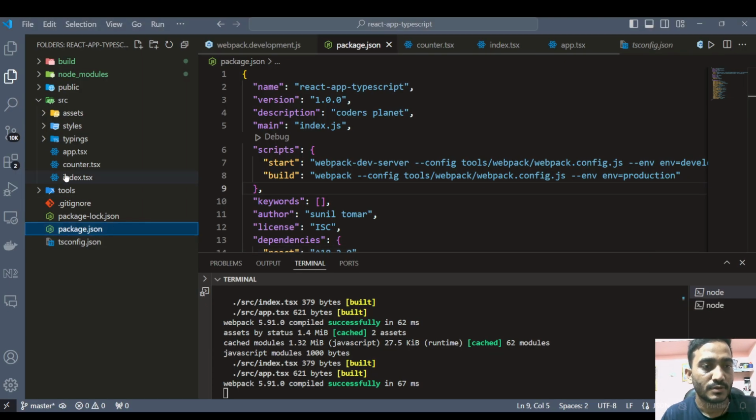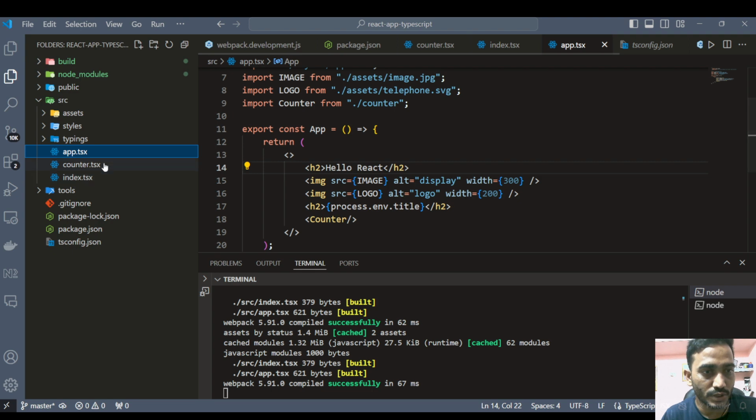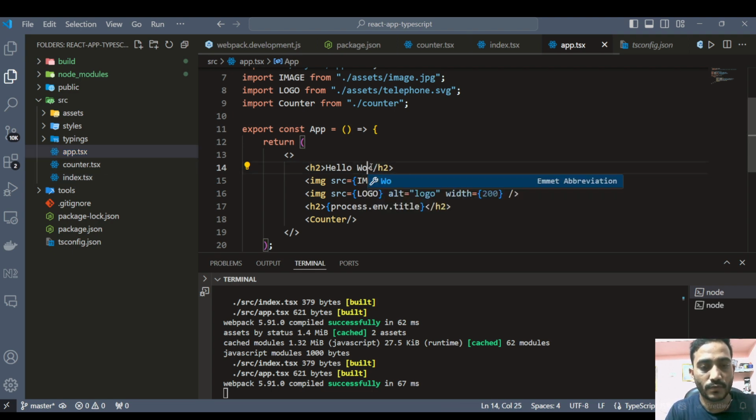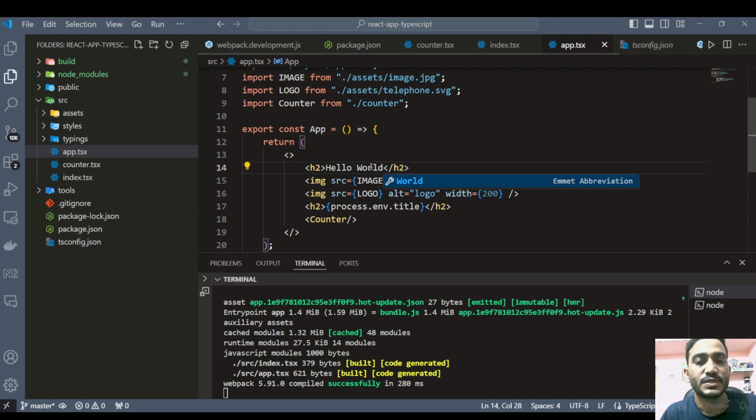So I'm changing, let's go to the app component. I'm changing hello react to hello world, right? So you can see, let me show you in the Chrome. You can see